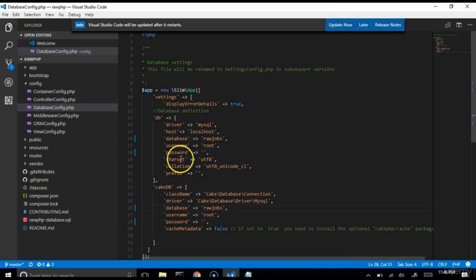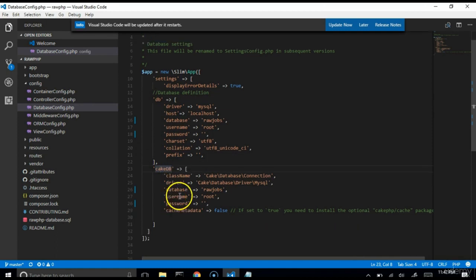raw jobs. The reason there are 2 is because Raw PHP allows you to have Laravel and CakePHP working exactly in your application. If you have other kinds of code you want to write, you can add other types of database. For instance, if you're running tests, you can add a test database where you save dummy data and do tests. Alright,